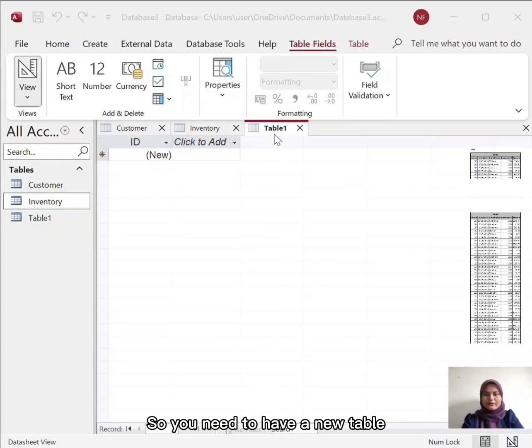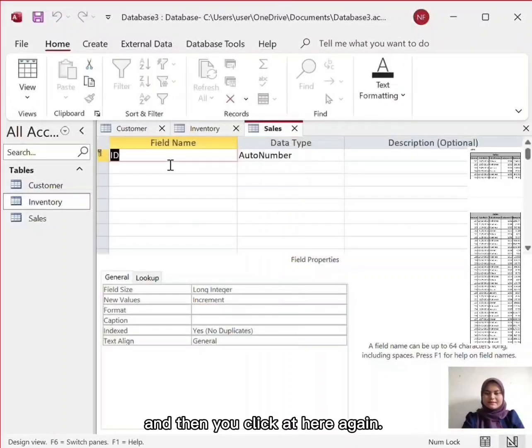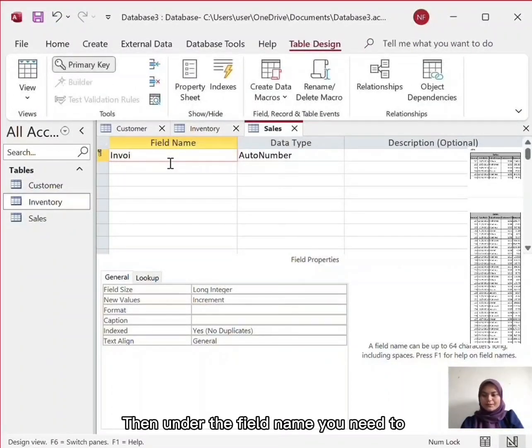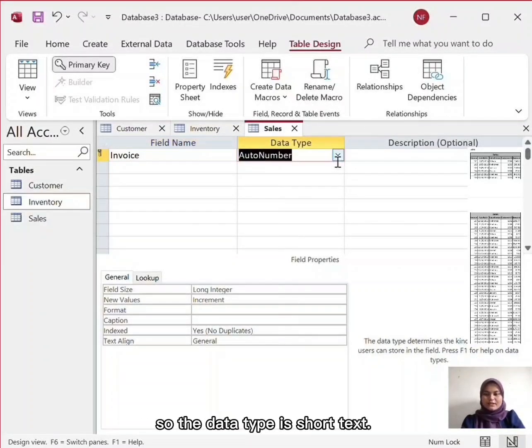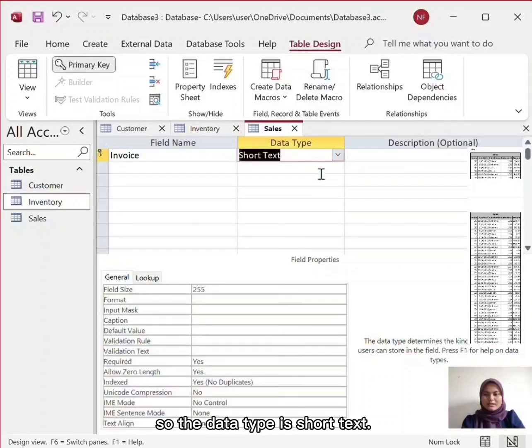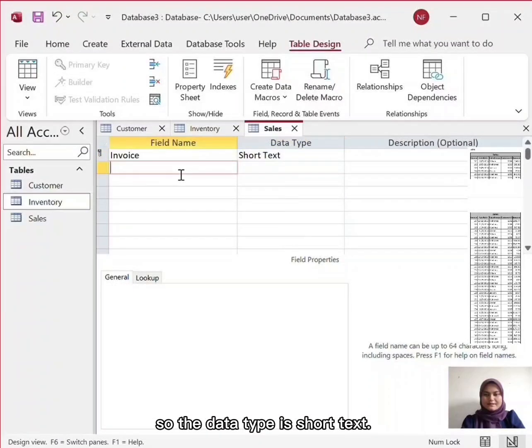So you need to have a new table, and then you click add here again, and then under the field name you need to have invoice. So the data type is short text, and then sales date.